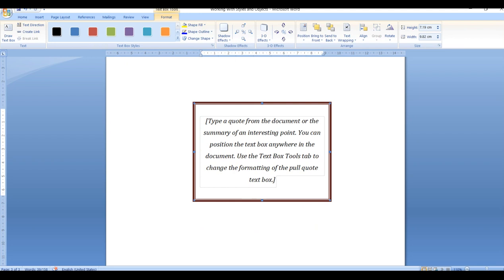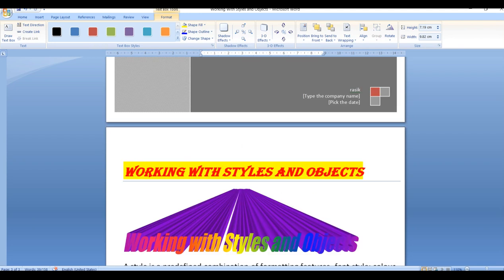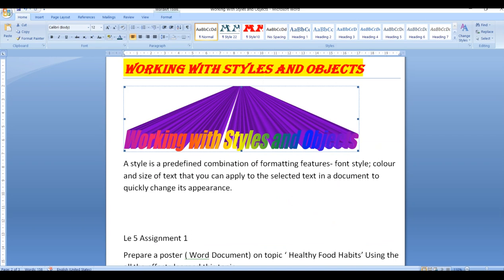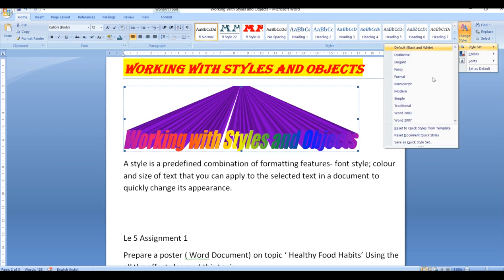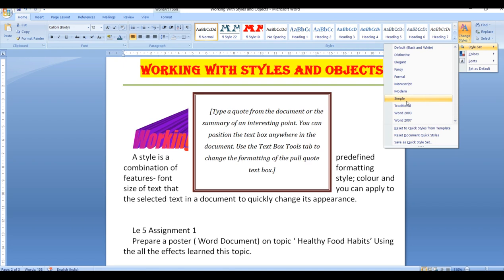Now how will you apply a style set? So you just have to apply the style set. Now this is the style which you have applied. Now you want to change it. So how will you change? For changing the style type, you will just go to the change style option. Then in that change style option, we are having style sets. So which style sets do you want?